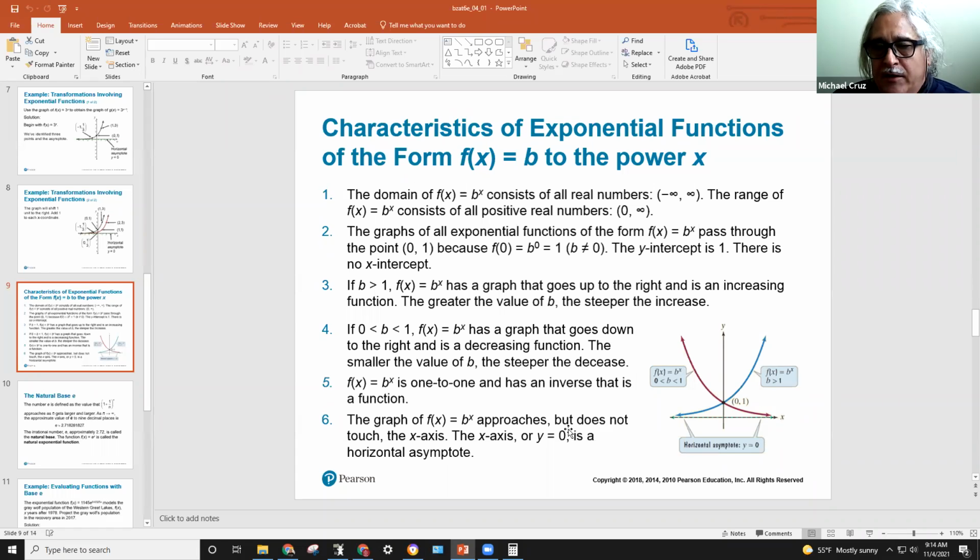Now the thing that's different, and remember, in both cases, it never touches the x-axis. That's the horizontal asymptote. But just remember, now this is going to be the one case when we talk next time about the logarithmic functions. The logarithmic functions never